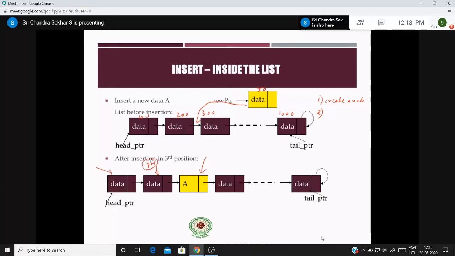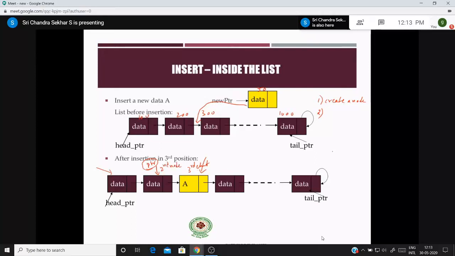Students, please listen. I will be discussing one important point in the time complexities. If you listen to this concept, it will be very easy, right? So if I want to insert an element as a third element, then it is important that you should have a pointer to the previous node. That means you should have a pointer to the second node.